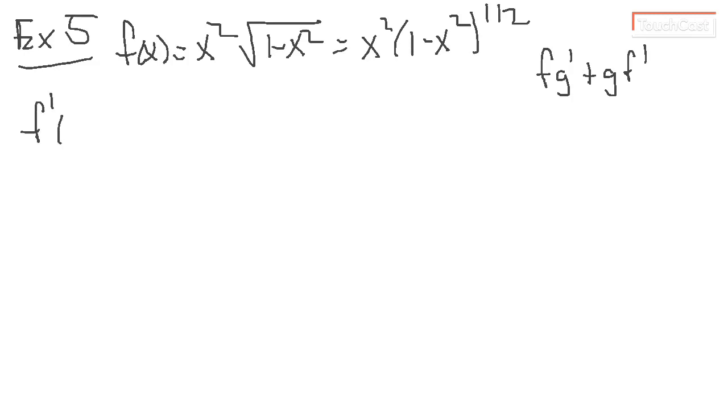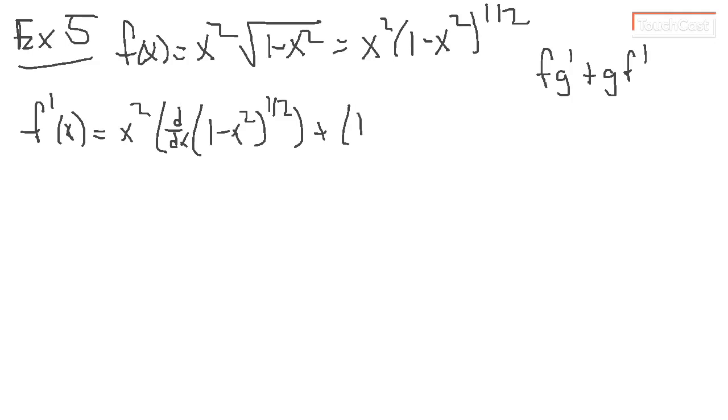So f prime, and I'm going to start using a notation in this example that I haven't been using. I'm going to take x squared, that's my first part, and then I'm going to multiply it by the derivative of our second term, 1 minus x squared to the 1/2, plus I'm going to take the second term, 1 minus x squared to the 1/2, times the derivative of our first term,